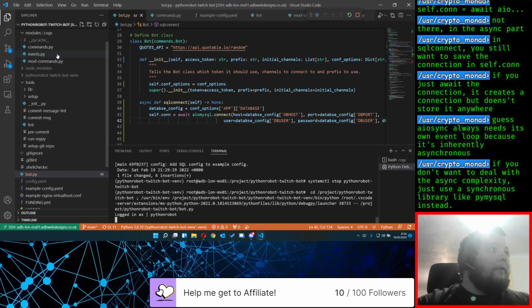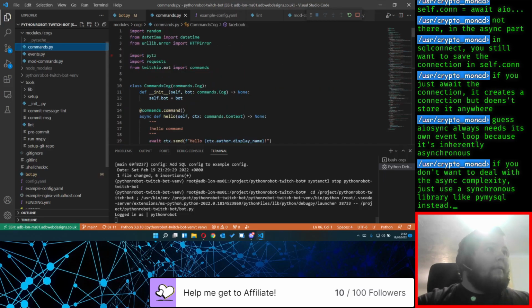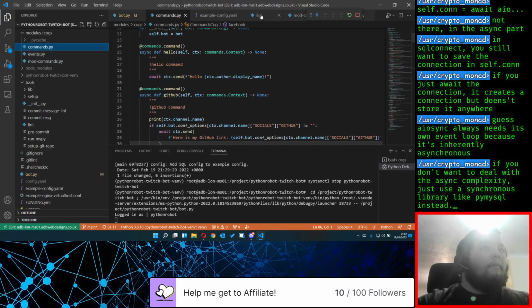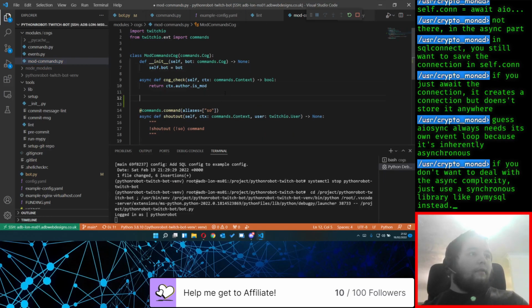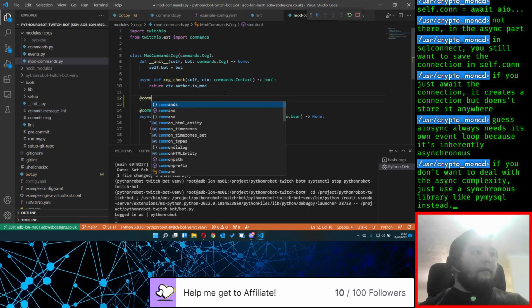Then if we go to mod commands, which is where we're going to do it because we only want moderators to be able to do this temporarily anyway. So we're going to do an at commands dot command